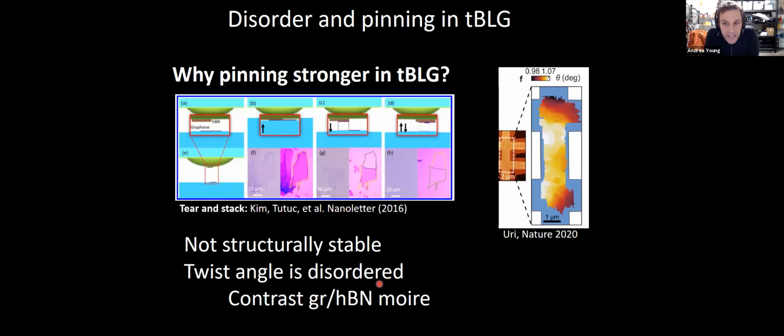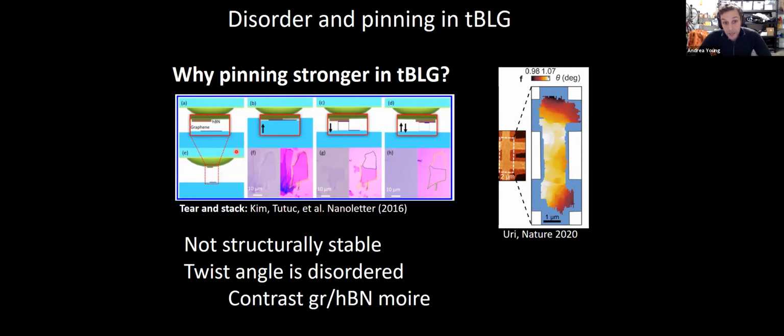So where is that coming from? What I'll show you is that we think it's basically tied to structural disorder, and I think that may be suggestive of how one can control it in the future. Twisted bilayer graphene is made by this variation of these pair and stack methods that I think were first reported by Emmanuel Tutuc's group, where you basically are taking 2 graphene layers and plunking one on top of the other.